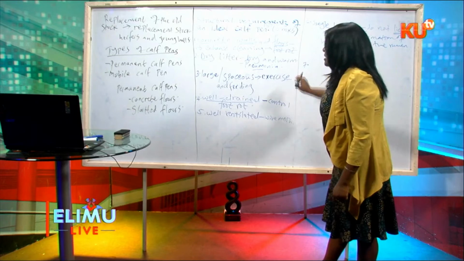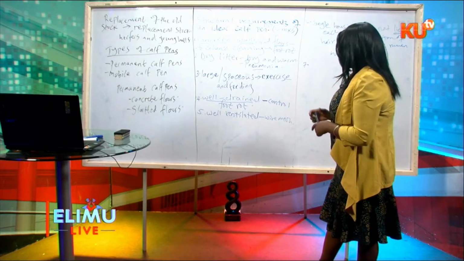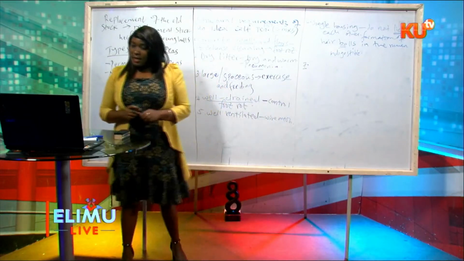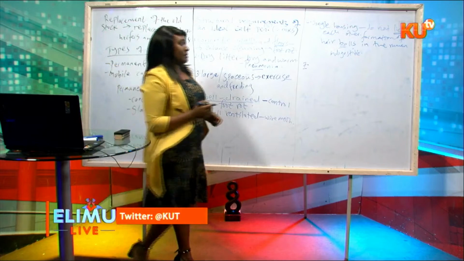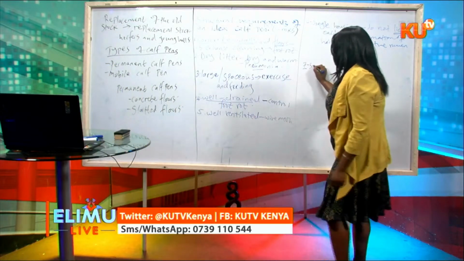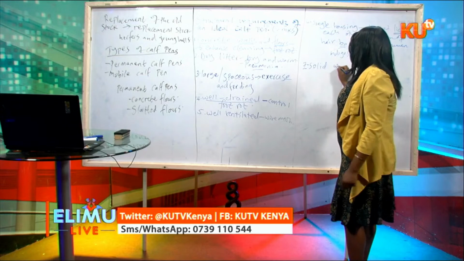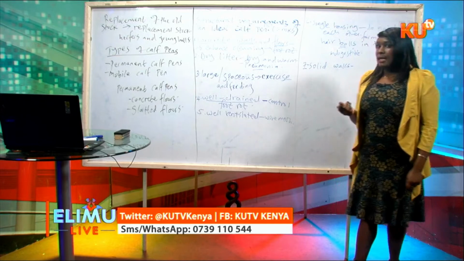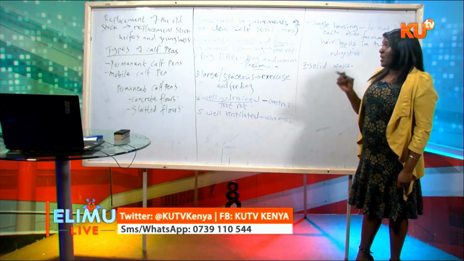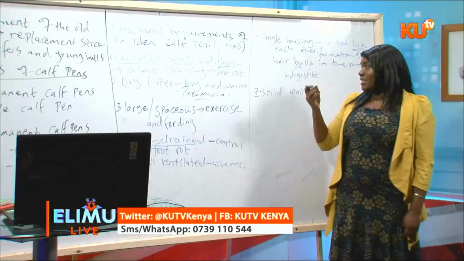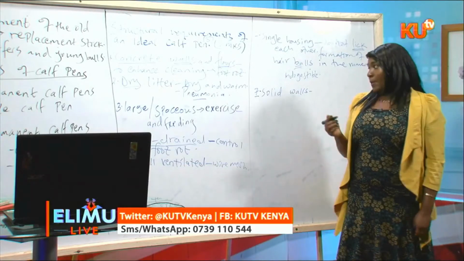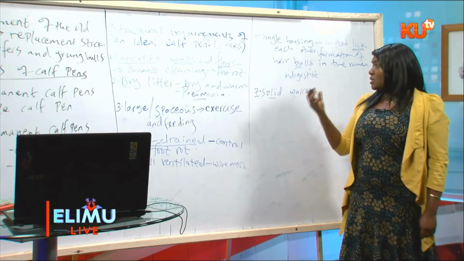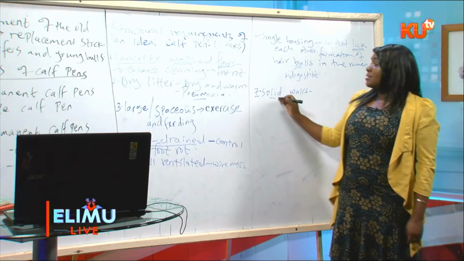Yeah. So point number 7 involves the idea of solid walls. When you're constructing a calf pen, ensure that the walls are solid, especially at the point where there's a lot of strong wind coming from. So we need solid walls, especially at the sides where the very strong winds are coming from. And these solid walls